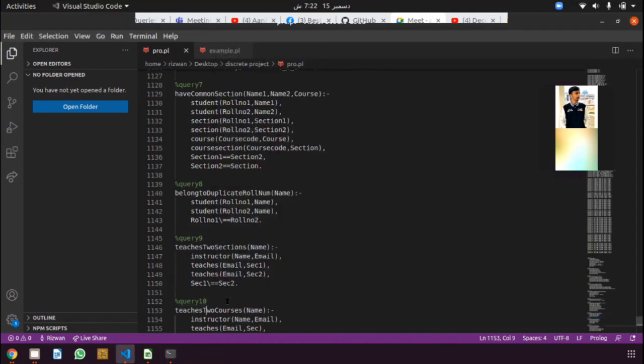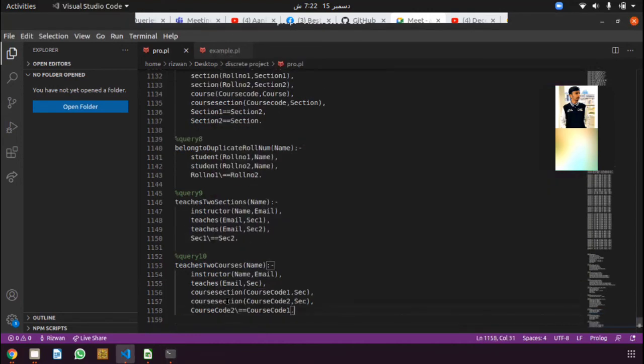So let's move to the last query, number 10. The name of the query is teaches two courses. The parameter of this query is the teacher's name. This will return whether this teacher is teaching two different courses or not.